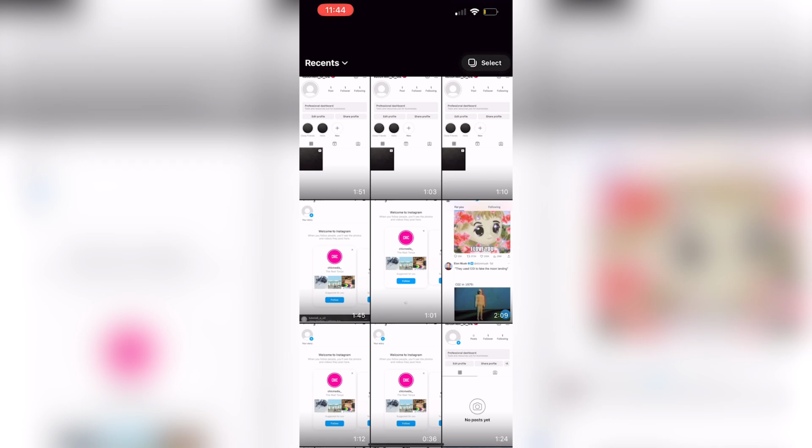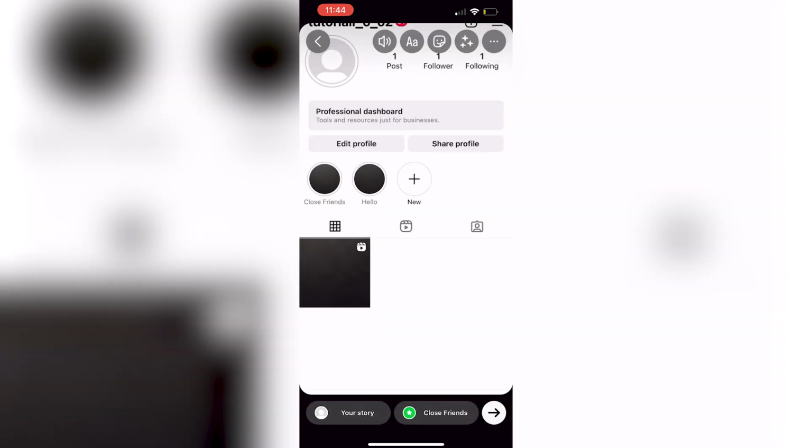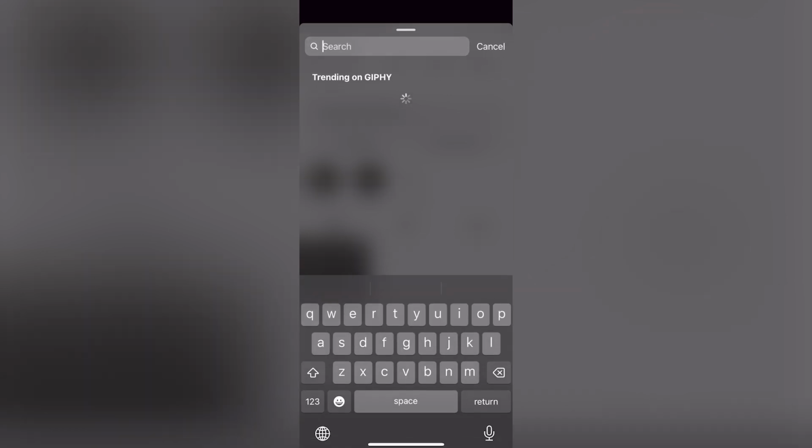Let's say I want to post this, but I also want to actually add some music to it. Now you're going to click on the third icon from the left, this one right here. Now, there's a bunch of options for stickers that you can add to your Instagram story, but I'm going to